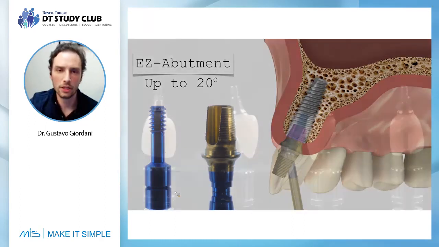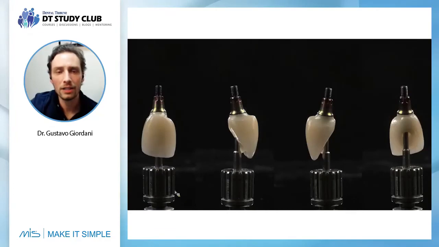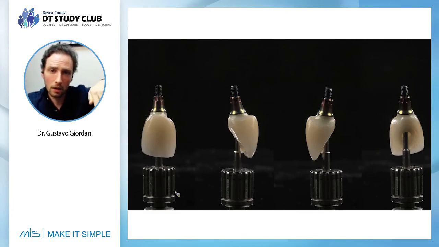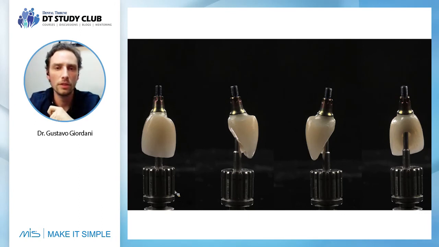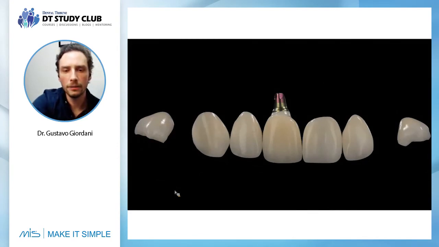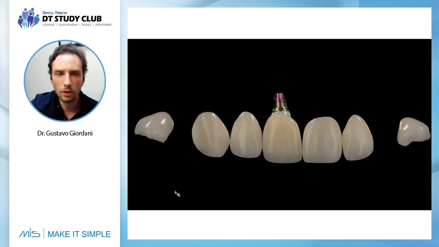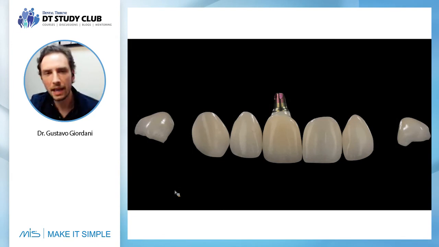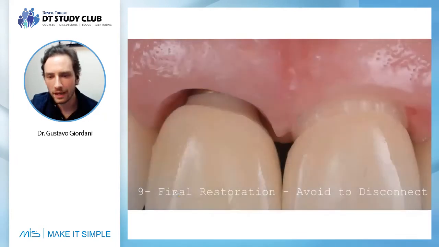screw-retained restoration. So look at this restoration, Monica's restoration. We have an implant a little bit buccal, but by using the easy abutment, you can have a screw-retained restoration in a very safe way. So those are all the restorations milled in ceramic. We stain everything in Dentcuff, very nice. And now it's time to put them inside the mouth and create the final restoration